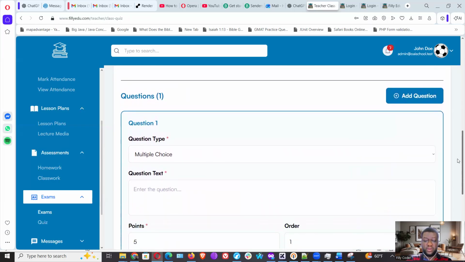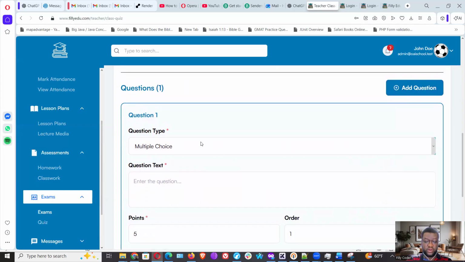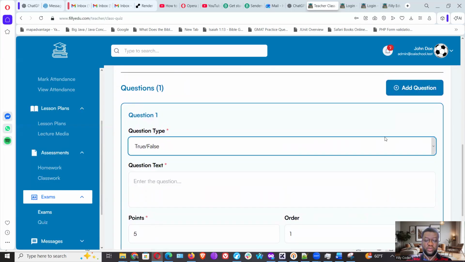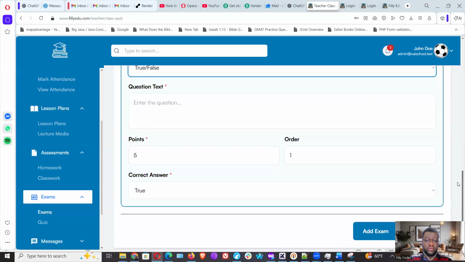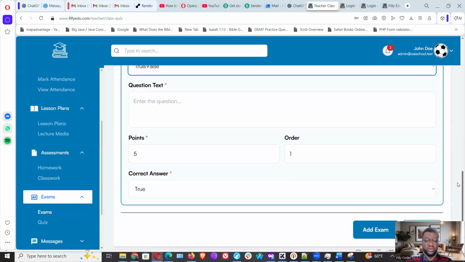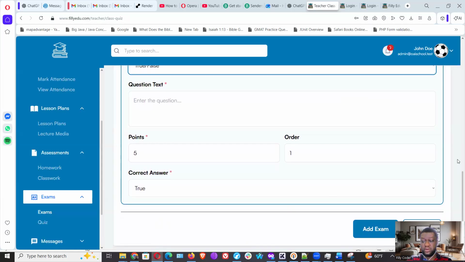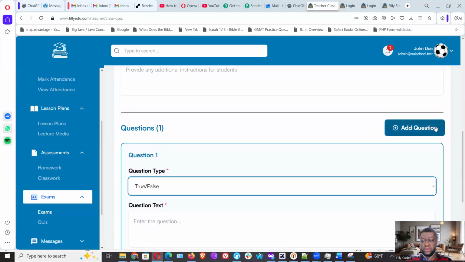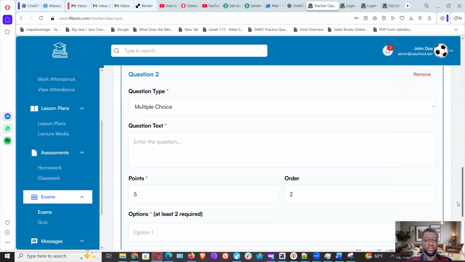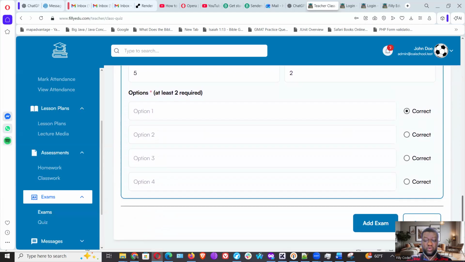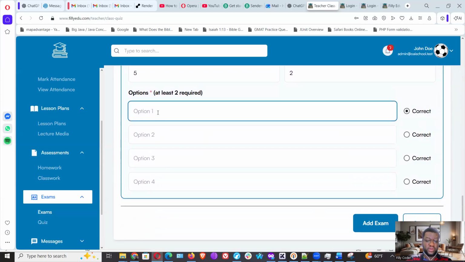Here, I can create questions. Question one may be true or false, and then I can add the details of that true or false question, and I can select the correct answer. Then I can create another question, add question. So now there are two questions. Question two might be multiple choice, and I go through and enter the multiple choice answers like A,